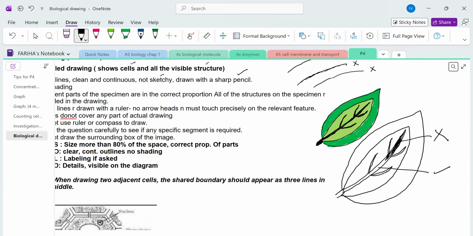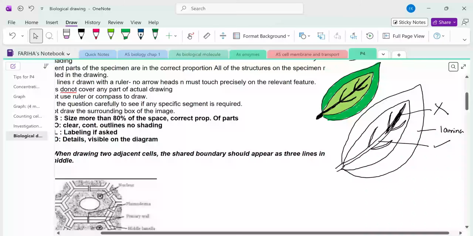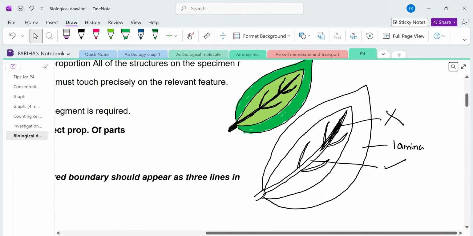Okay. And let's suppose the examiner asks you to label the diagram, then you need to label the diagram. So what is this part? This part is lamina. How you are going to label the diagram? You are going to label the diagram using a ruled line. So no need to use the ruler, but you need to use a straight line, and that straight line should touch that part. For example, if the examiner asks you to label the midrib, how you are going to label the midrib? Let's suppose you have labeled the midrib in this way,